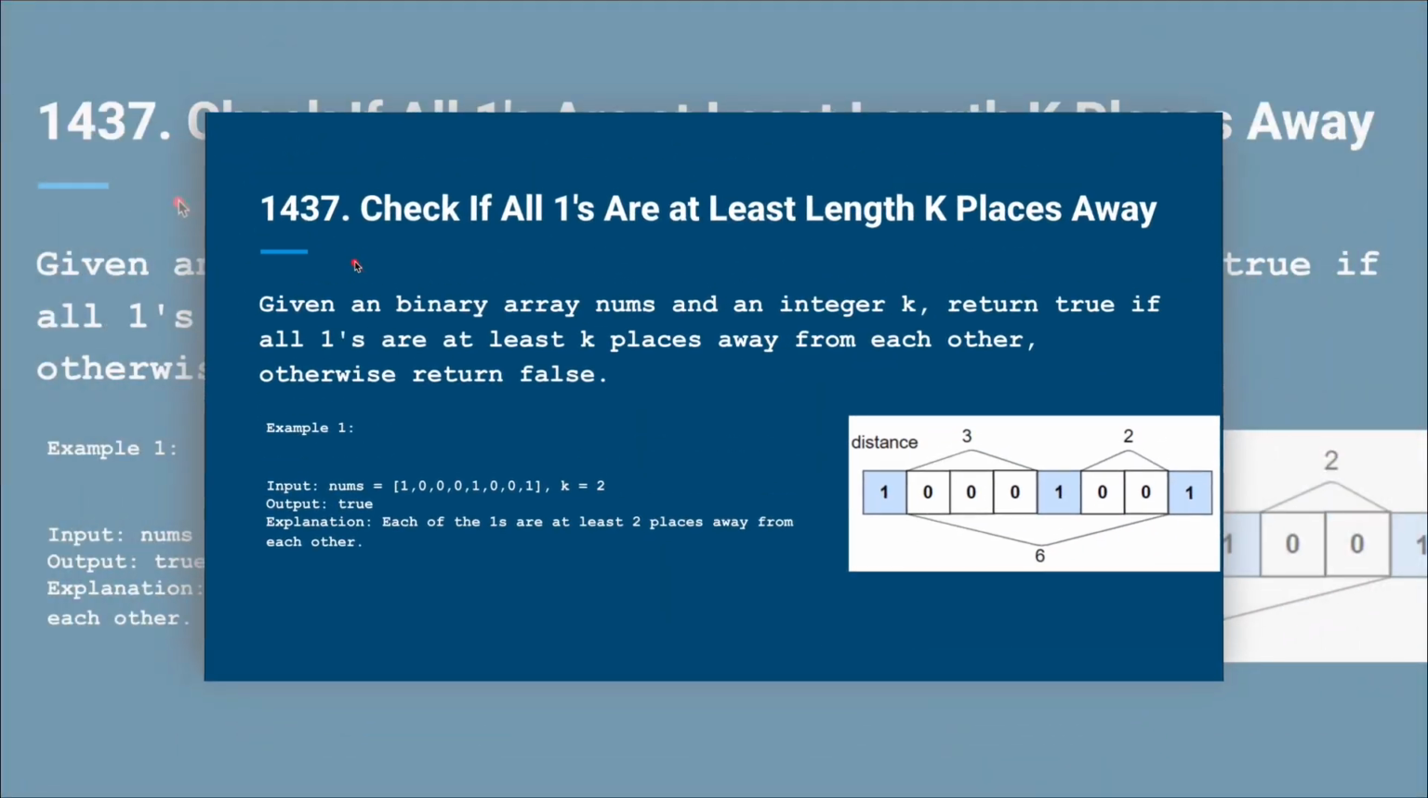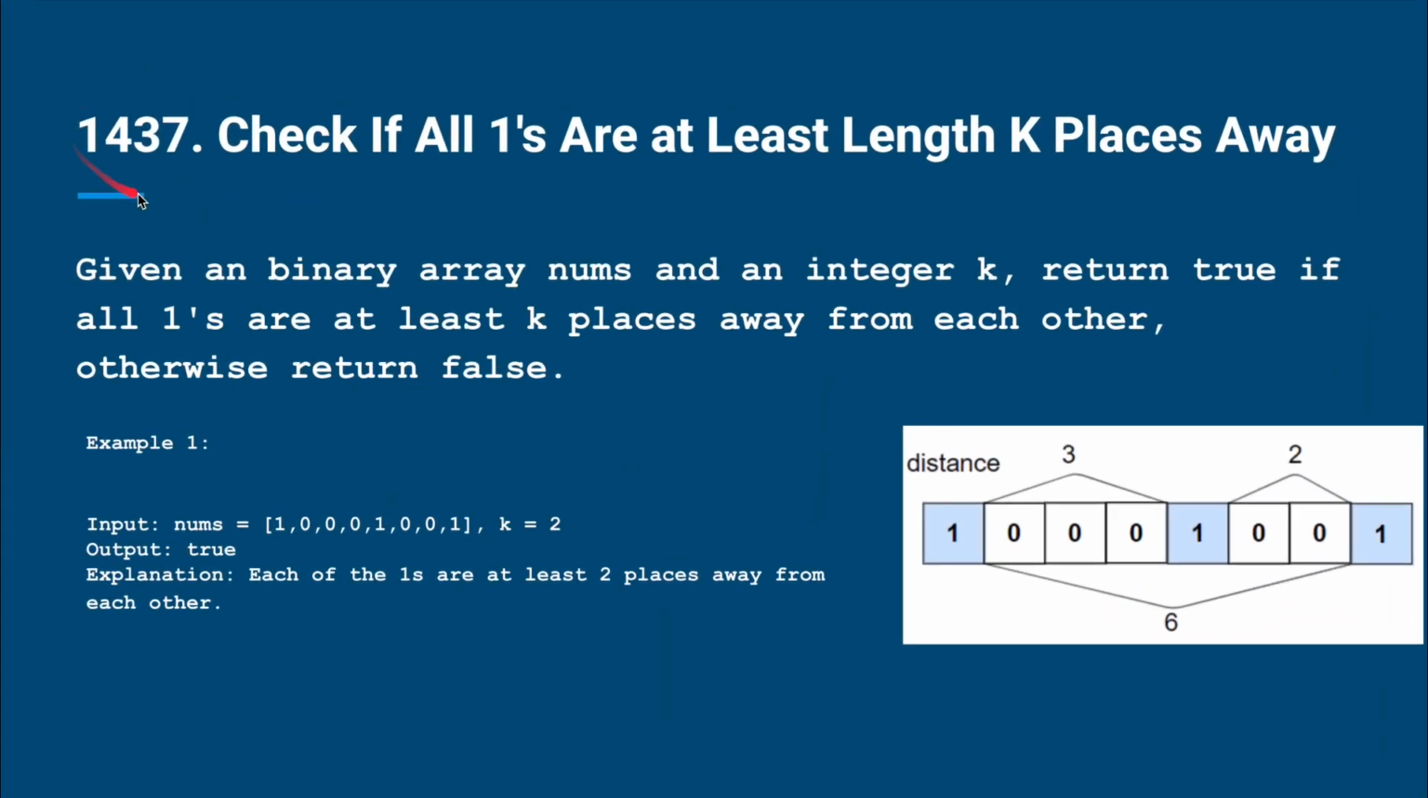We are going to understand problem number 1437 from LeetCode. It's in the daily LeetCode problem series, and we can see today's contest in the daily series that we have given this question, right? Very first, what we should understand is that it is saying: check if all ones are at least length k places